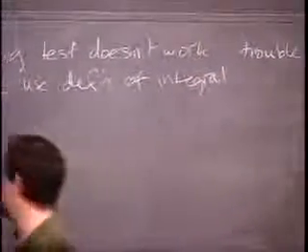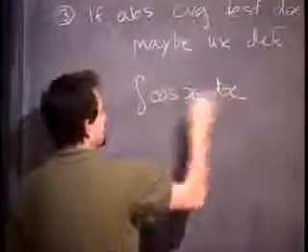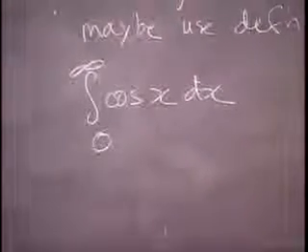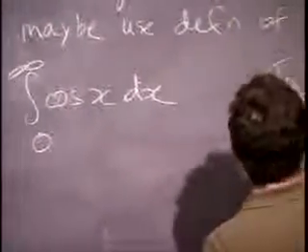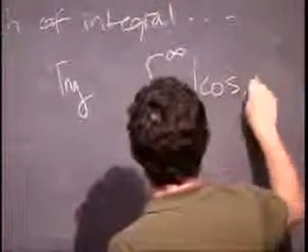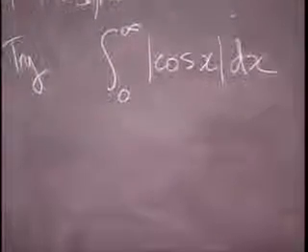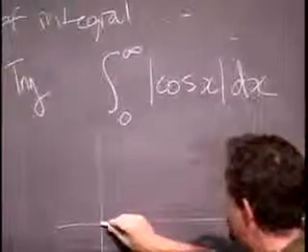So an example of this is this one I looked at earlier. So I'm not going to redo it. That actually diverged in a different way. It was oscillating. Let's suppose we had tried to use the absolute convergence test. If we had tried to use the absolute convergence test, we would find that this integral is cosine looks like